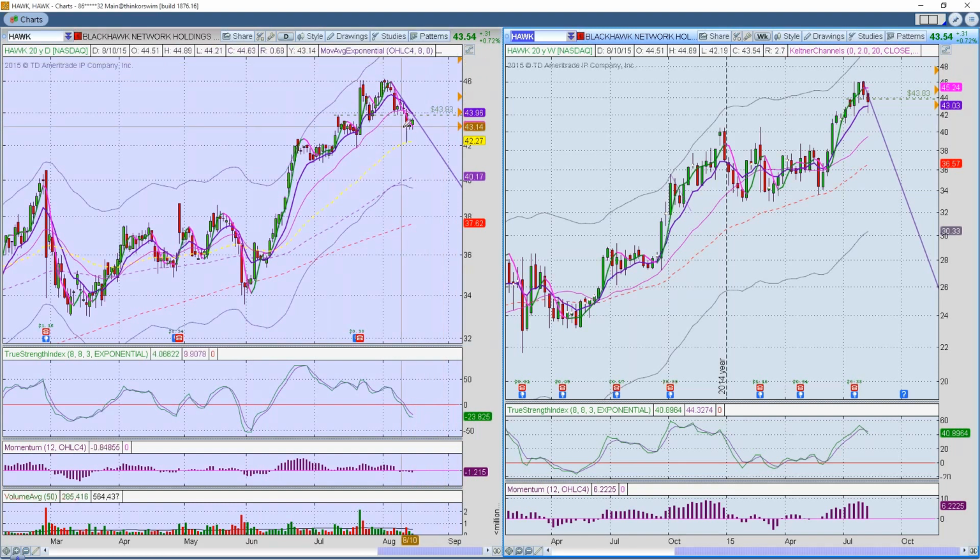And so, yeah, that's a big drop to the 50. Good sign that it held the 50. But we'd like to see some buying volume come into this puppy, and that's just not happening yet. And then as we saw, because we were in a trade from over here up to 46, it hit this 46 level and reversed off it. So we know that 46 is very strong resistance for Blackhawk. Let's see.